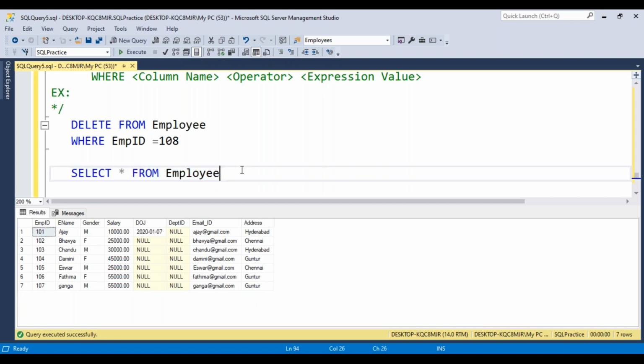Okay, these are all commands that are part of DML statements. DML is nothing but Data Manipulation Language. We have three commands in the DML part: insert, update, delete. In the insert statement, we can follow two methods to insert the data. One is the insert statement, the second is insert with select statement. With update, we can modify the existing data values with new values. And with delete, we can delete a single record from an existing table, or we can delete all the records from a table. But the table structure will remain available in the database.